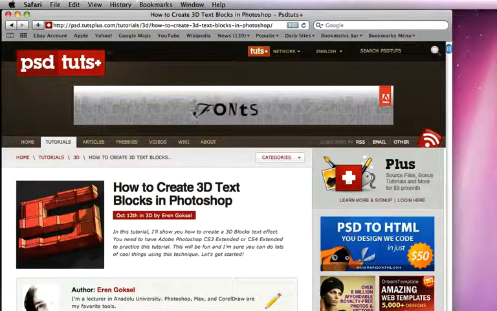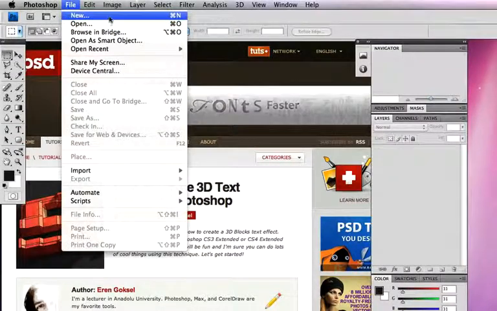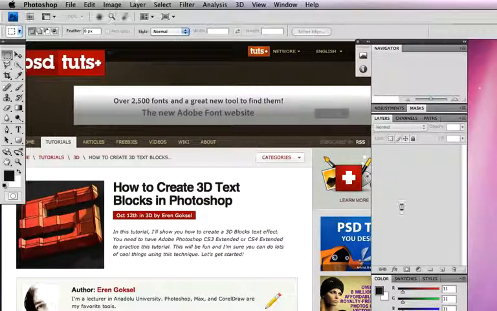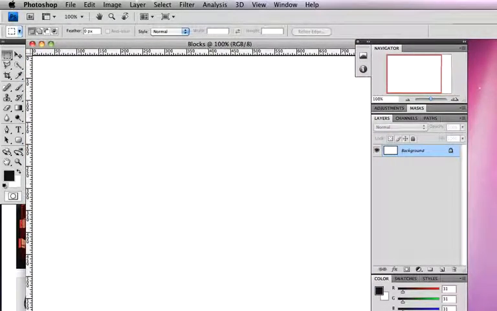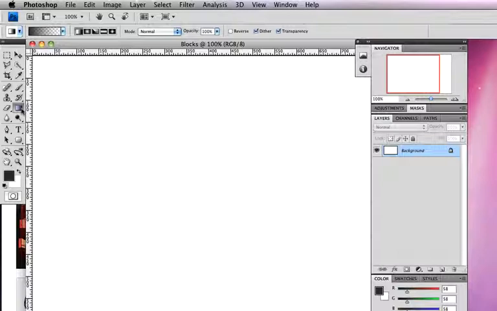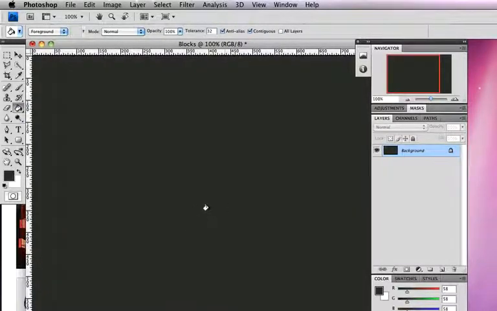So first thing I'm going to do is go to Photoshop, go to File, New. We're going to set this up so that it's at 1000 by 600. Make sure you've got the resolution set to 300, color mode to RGB, and we're going to label this blocks and click on OK. Okay, the next thing we're going to do is change our background color, and we're going to fill that with 3A3A3A. The next thing we're going to do is set our foreground color to black,